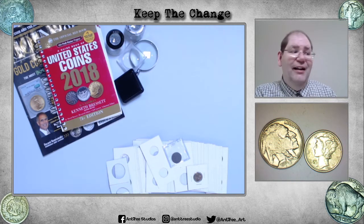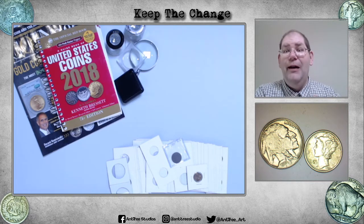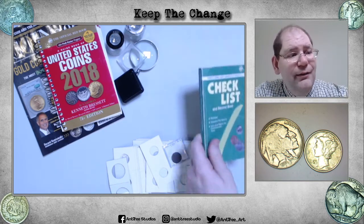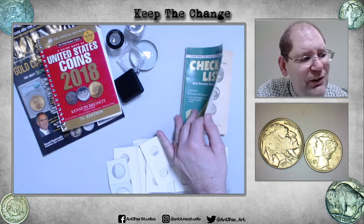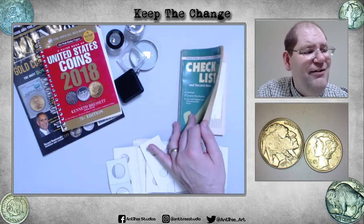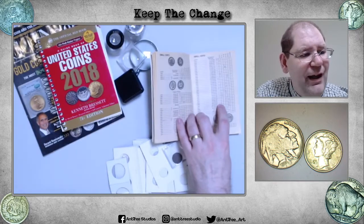You can't just get all these coins and memorize it in your head. Well, I'm sure some people can, but I know I certainly can't. I like to have a way of tracking all the coins that I have. And so you can go the old school way, which is actually a little checklist book that I've had for 30 plus years, I think now. And it literally just has little check boxes in there, and you just check off what you have and what